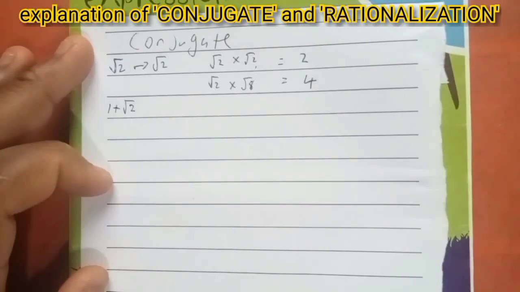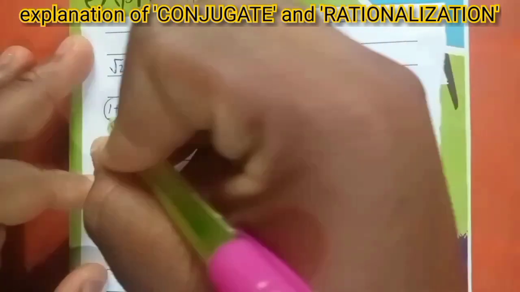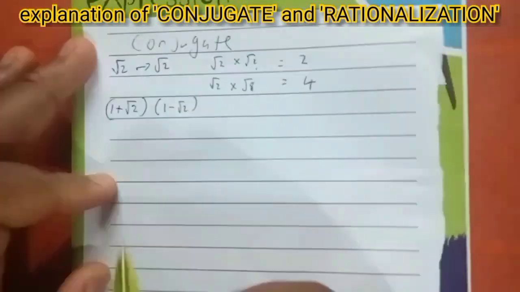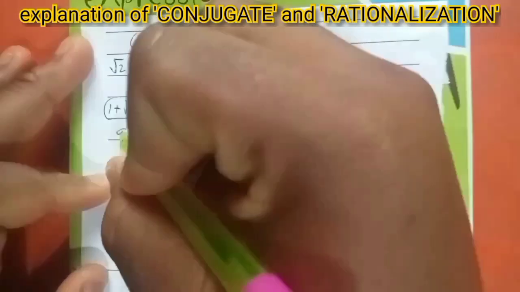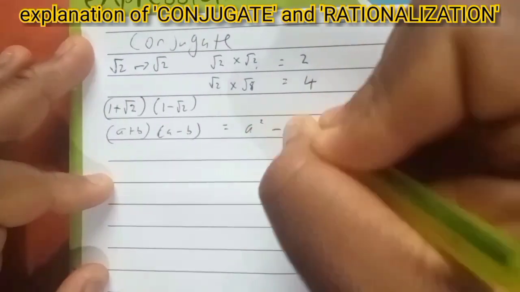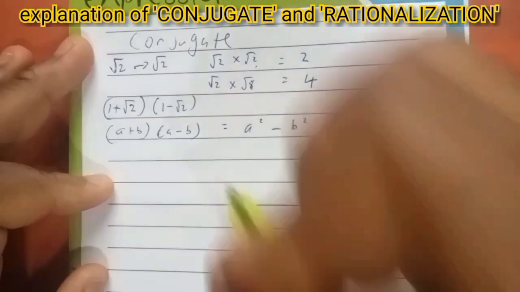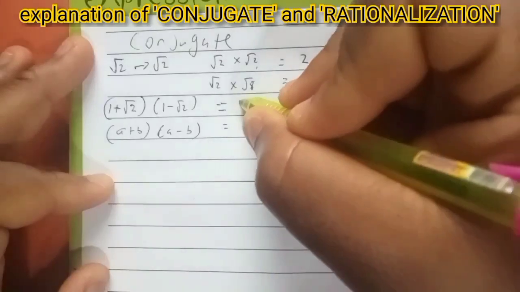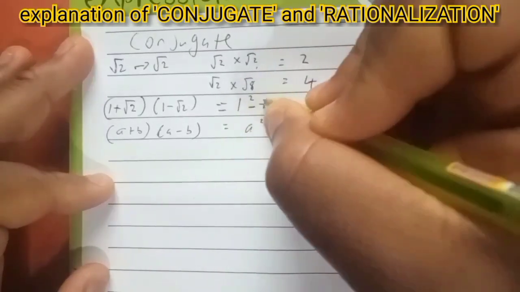1 plus the square root of 2. The conjugate of 1 plus square root of 2 won't just be any random number. It will be 1 minus the square root of 2. You notice how the sign changed. This is because a plus b times a minus b would always be a squared minus b squared. So 1 plus square root of 2, when multiplied by its conjugate, would be 1 squared minus the square root